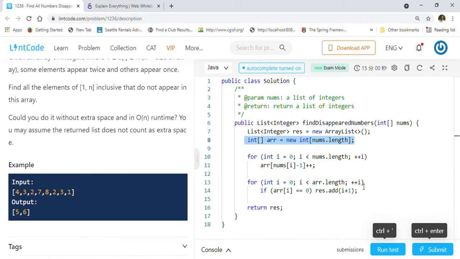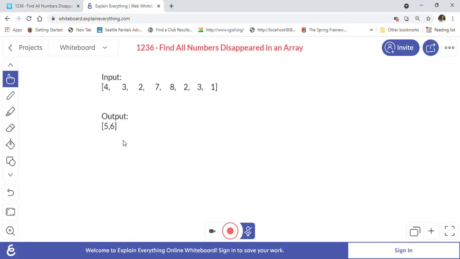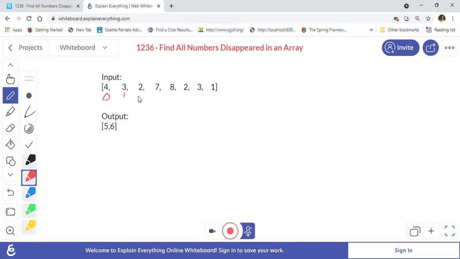So yes, there is a way to do that. I will first discuss it with you, and then we can implement that solution, right? So what we will do is first write down the indexes of these positions. So this is 0 1 2, then 3, then 4, then 5, then 6, and 7, right? These are the indexes in the array. So we will read this array one by one, go to that number's index position, and make it negative, by using absolute.